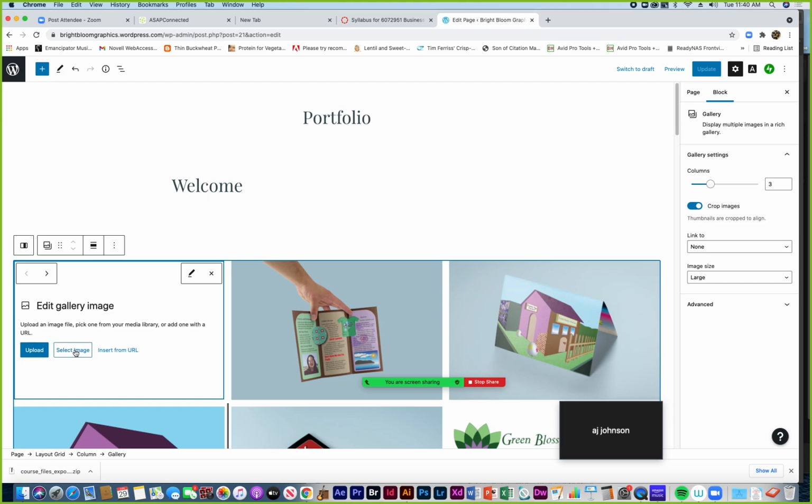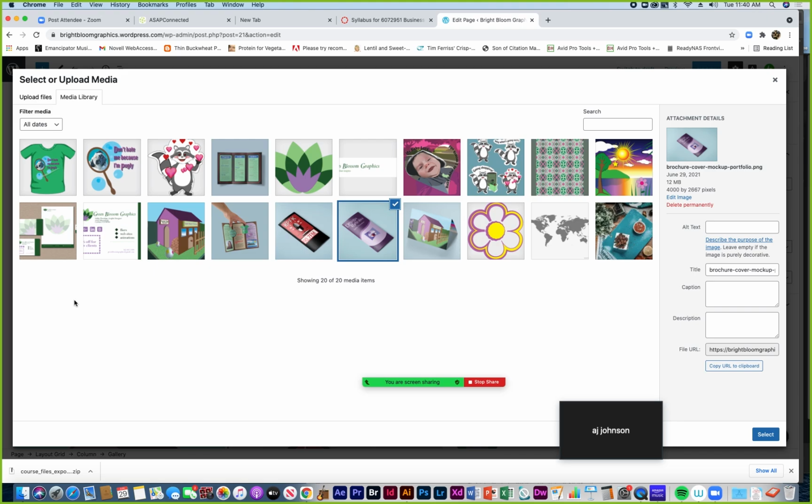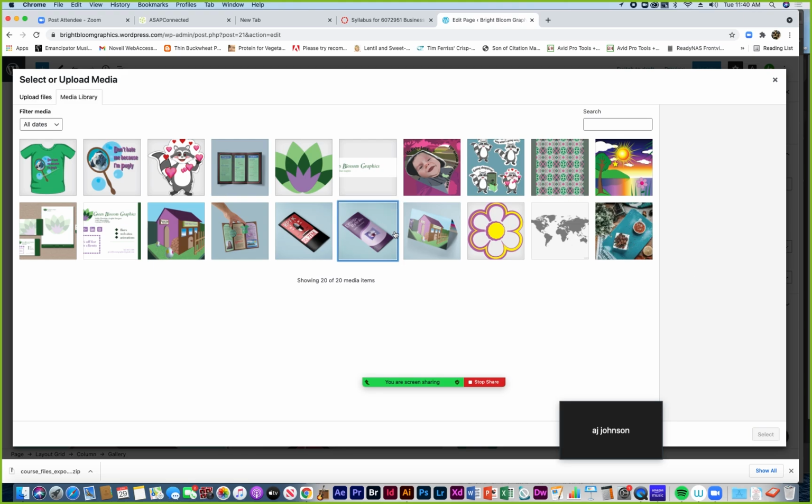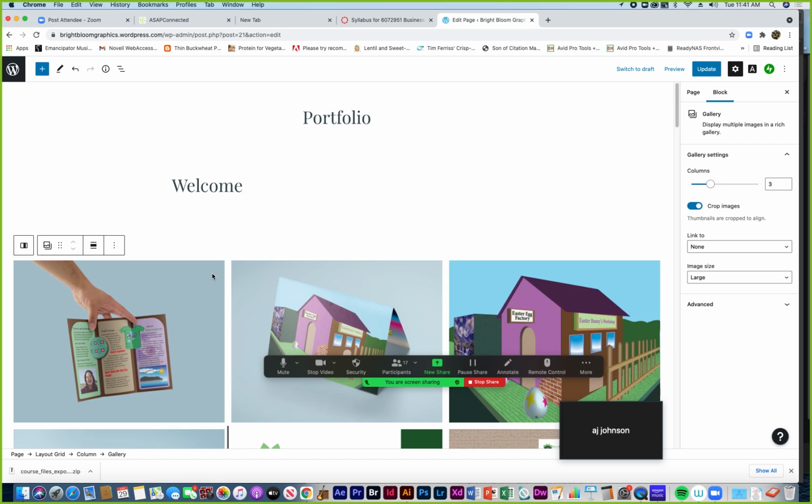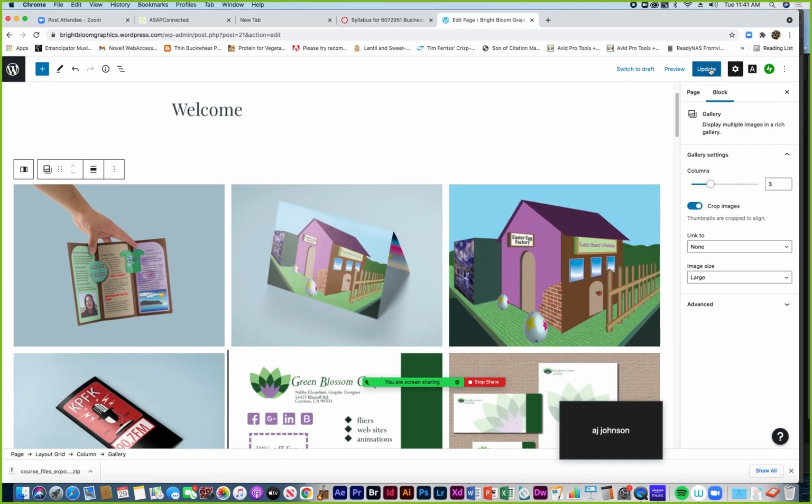So let's see, if I go back to select image, media library, I could select a different image than what was there. I don't even remember what was there now. But now I'm in my media library, so I can select an image, or I can click the X and that will remove an image. And then I want to update when I make changes, and I want to preview,